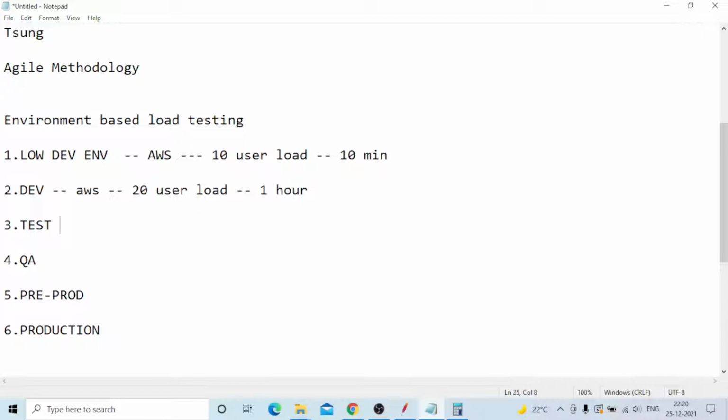After the test environment, this is the important one. In the same environment, the user load will run based on the application and the hardware configuration. I executed a total of 10,000 users with the distributed method. Distributed load testing, okay. It means what the available users are, what the configuration of the servers is. The test environment configuration supported only 10,000 users.